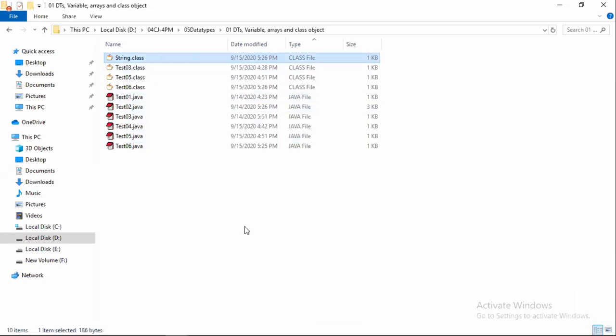I ask that student to go to the folder and verify whether there is any String.class file. Yes sir, available. Delete it. Deleted. Now you run. After deleting and running, the points I explained in the previous class come back to their mind. Okay sir, I recollected. Yesterday you told us all this. Why did that fellow forget this point?